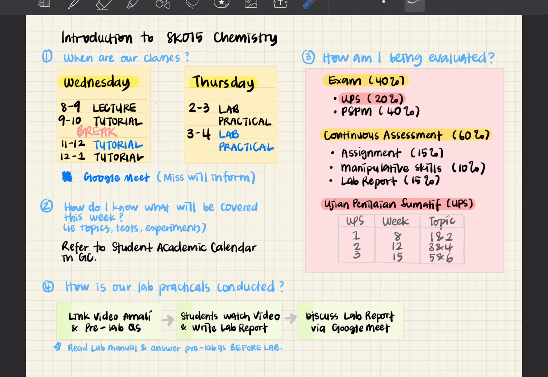Also, one more thing, you should answer your pre-lab question before doing the experiment. It is to give you a background on what experiment you will be doing. So this one you must complete before the lab. Read the lab manual and then answer your pre-lab.